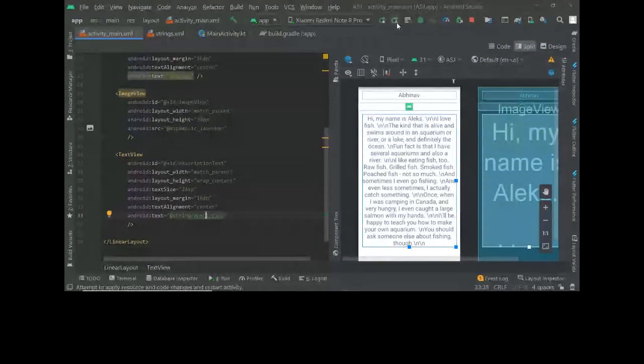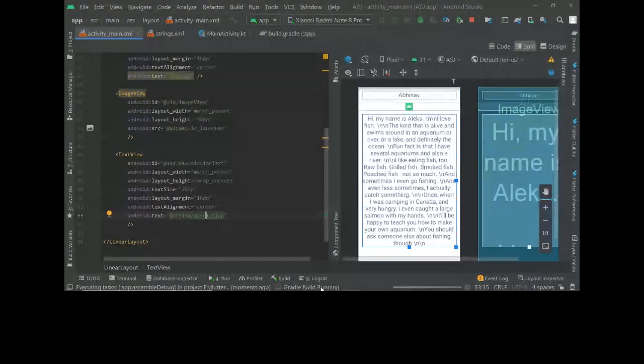Now, let's run it. And one more thing here. You can see two buttons. If your app is already running on your device or on your emulator, you won't see run, but you'll see two buttons. What this means is apply changes and restart activity. This one won't close your app and open it again. Run app closes the app which is already open, and then runs it again. So we'll just do apply changes.